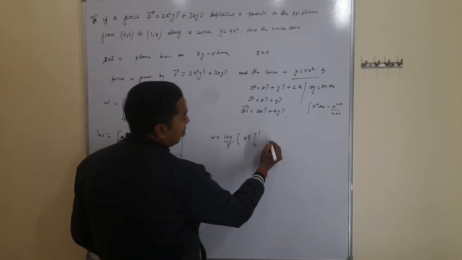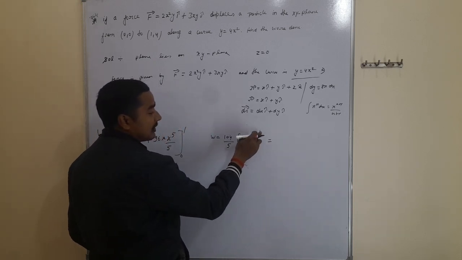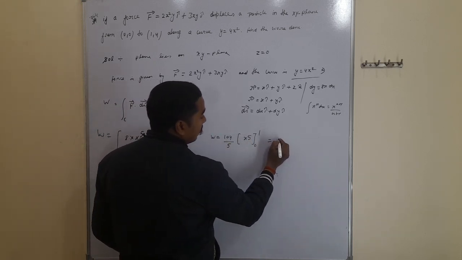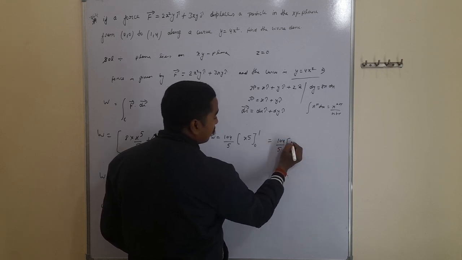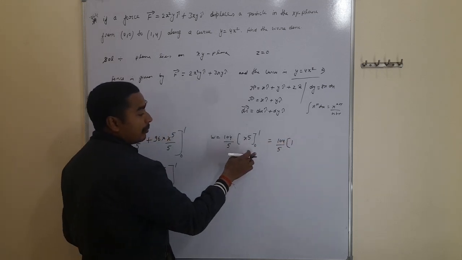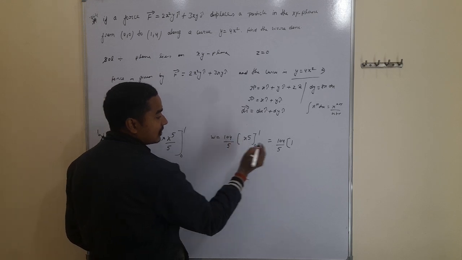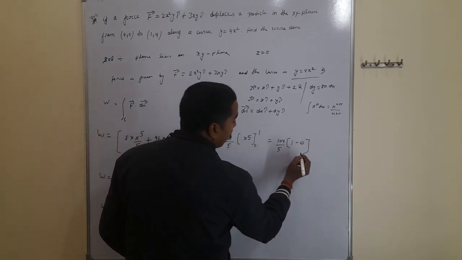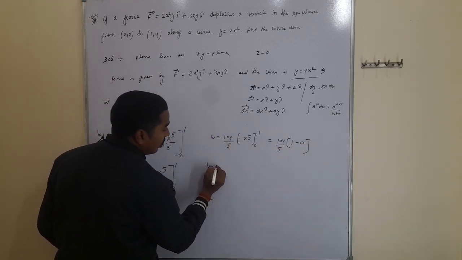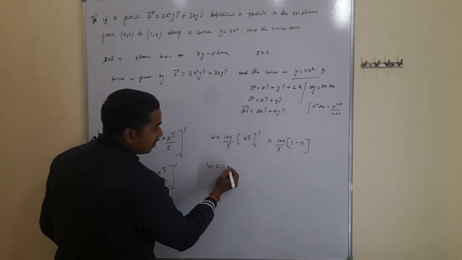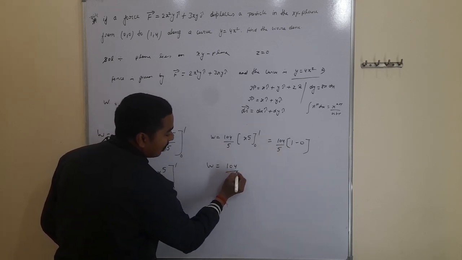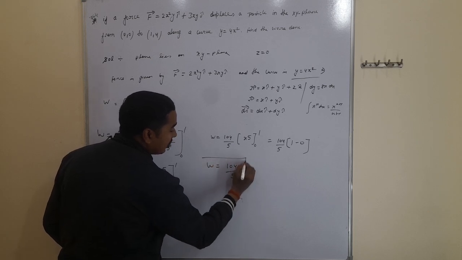First we use the upper limit, putting x equal to 1, and then the lower limit, putting x equal to 0. So the work done is 104 upon 5 multiplied by 1, that is 104 upon 5. This is the required work done